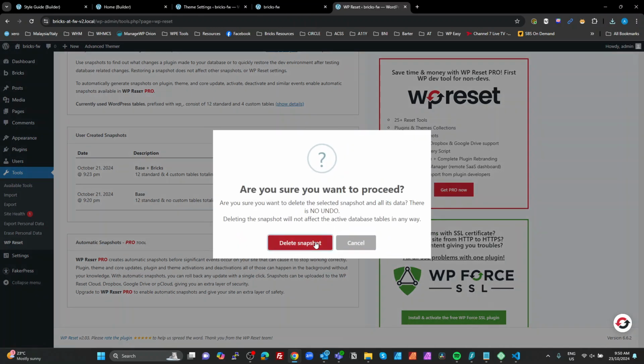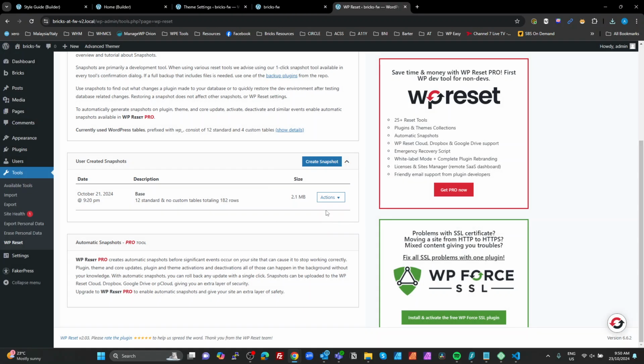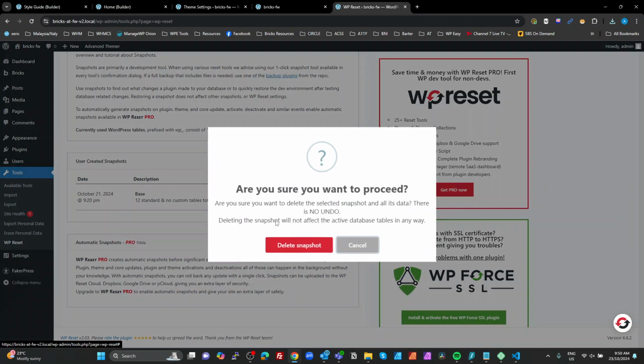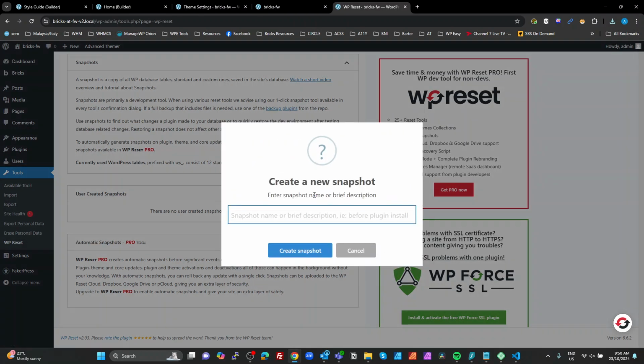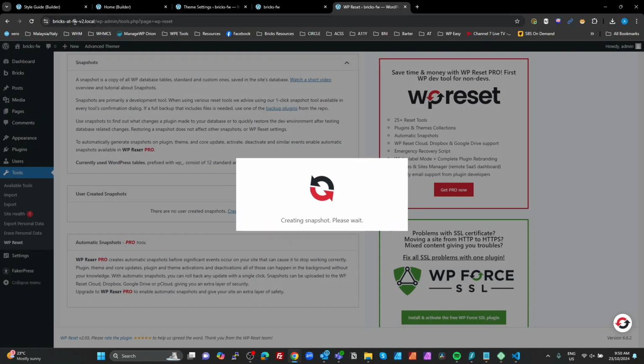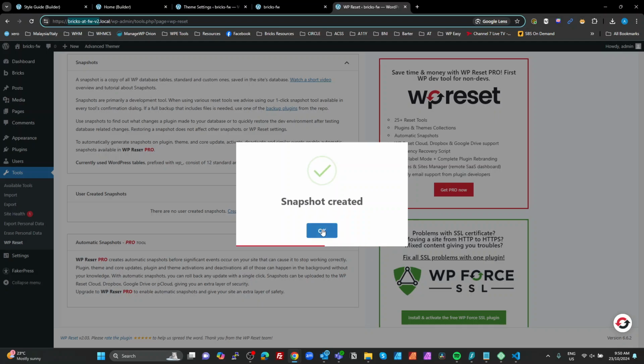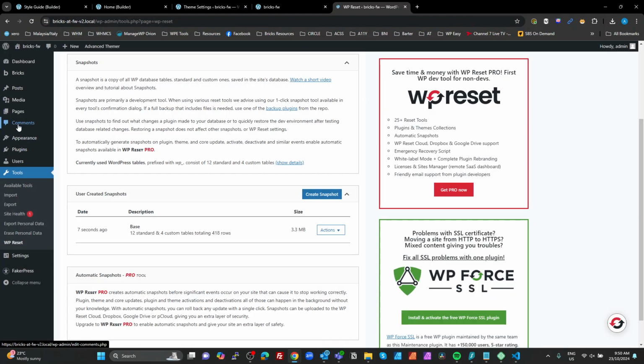Delete snapshot. One more. We'll call this a base, it's our starting point. Okay, so on our domain with URL of bricks ATFW v2, we have a base starting point where we have